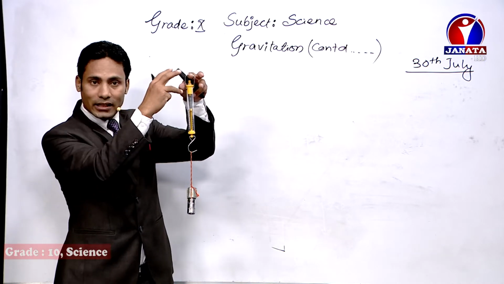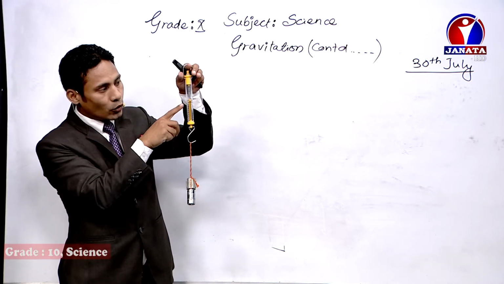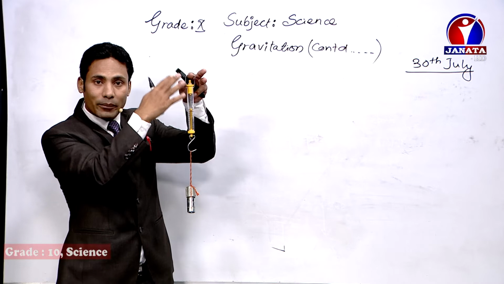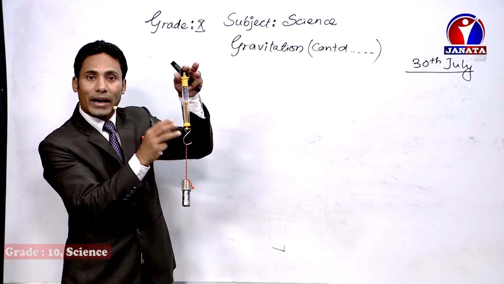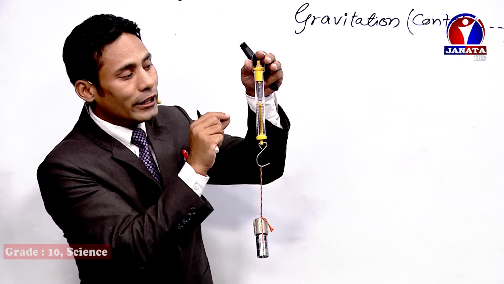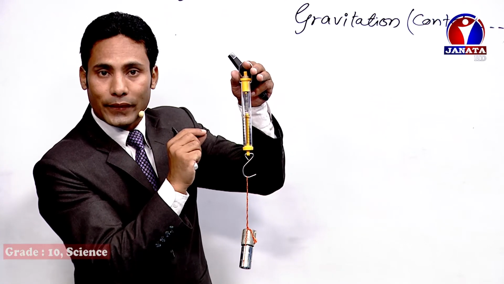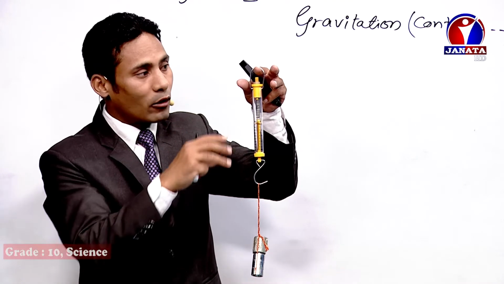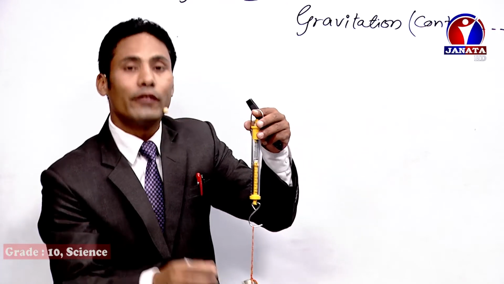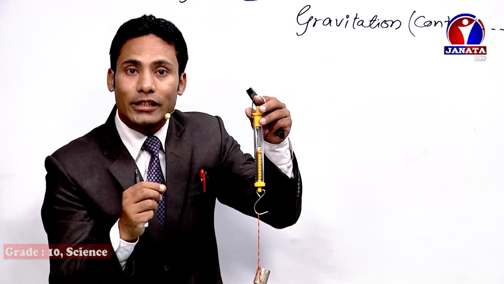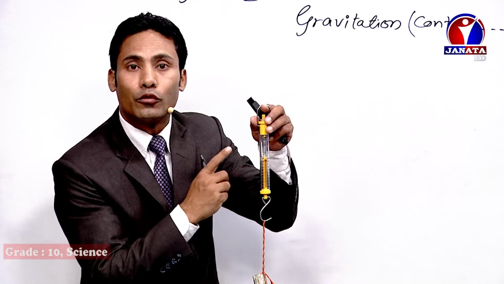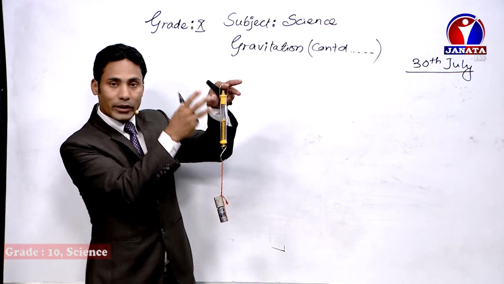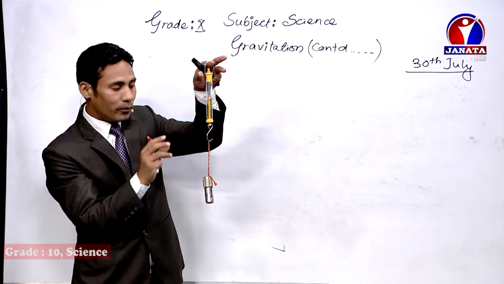Now, right now I'm holding this one object. That's why the weight is shown about 3 Newton. Whenever I just hold this spring balance, and the weight is held by this spring balance, in that condition, the 3 Newton weight is there, right? But if I leave this object without holding it, then if we try to read, in that condition, it shows 0 Newton weight. So let me explain this again. Right now I'm holding this spring balance, and the weight is held by the spring balance.